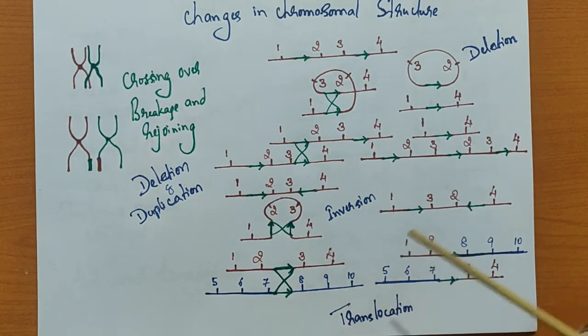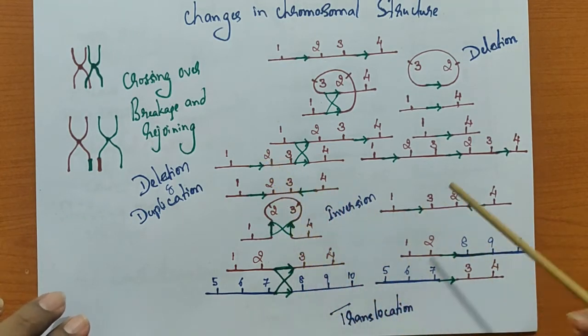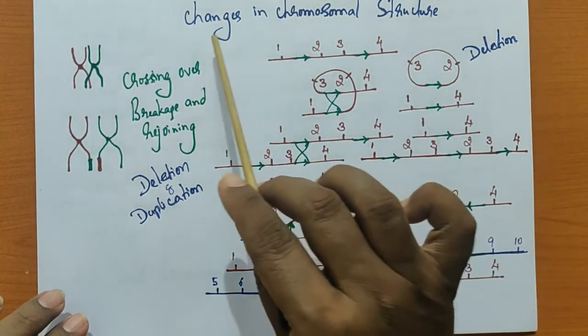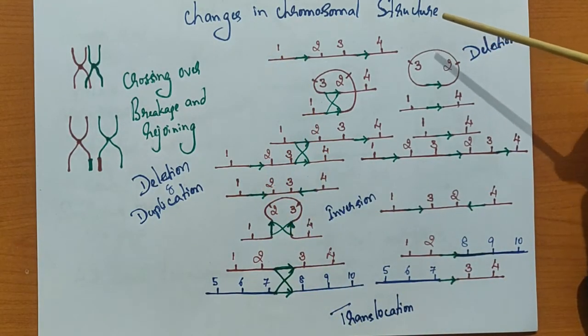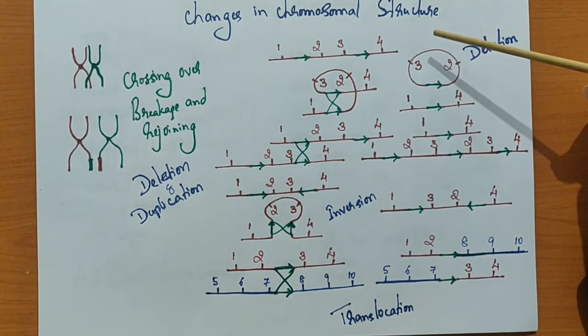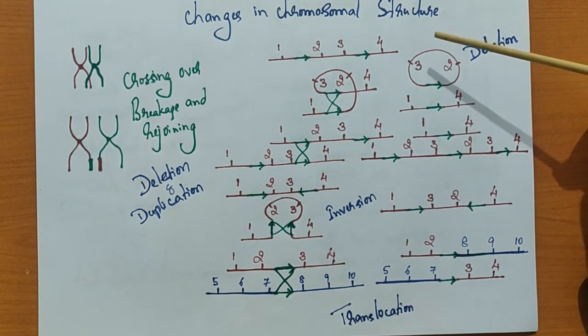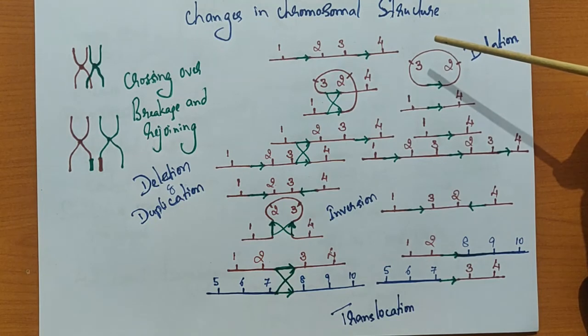So before we understand how the vectors function, we have to really understand certain components, especially the changes which are going to happen in the chromosomal structure. You have studied these things in detail in your other paper, genetics, in which you are going to study a lot of mutations. Mutations can be studied like sickle cell anemia, that is a point mutation. But we are also going to study mutations in the form of what are known as chromosomal aberrations.